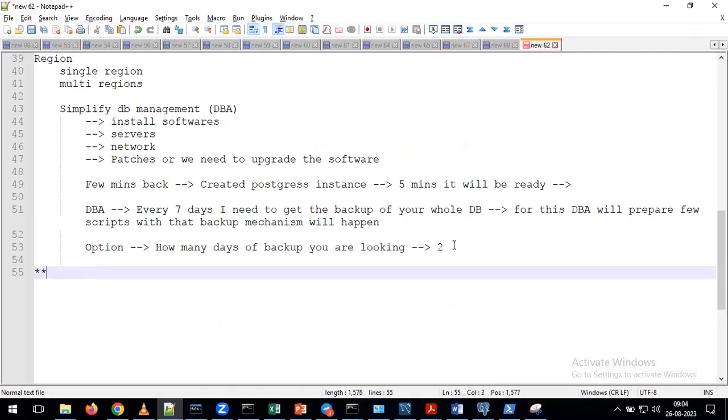Sir, is it only for 3 servers? Sorry, can you repeat? It is supporting only 3 servers like MySQL, SQL Server, and Postgres. At present it is supporting only these 3 relational databases, and maybe in the coming days they will add other relational databases. But at present, GCP Cloud SQL is supporting only 3 databases: MySQL, SQL Server, Postgres. Maybe after 6 months they will add one more database. We are not sure about that.